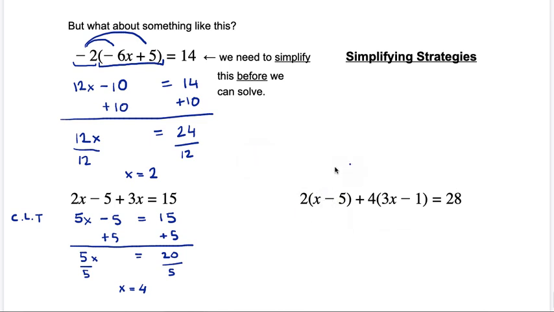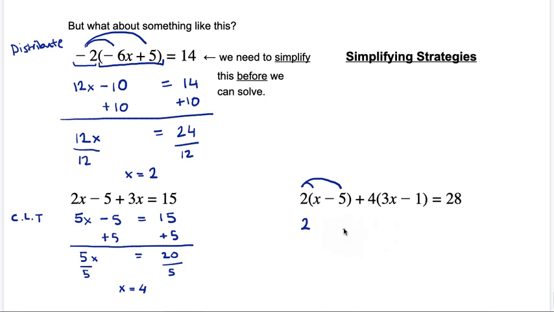So what about combining both these ideas together, distributing and combining like terms. So let's take a look at that. Let's first distribute this set of parentheses. That gives us 2x minus 5. And then let's distribute this set of parentheses. So 4 times,